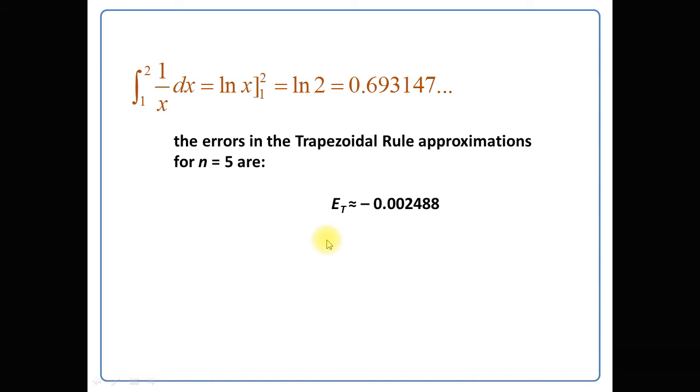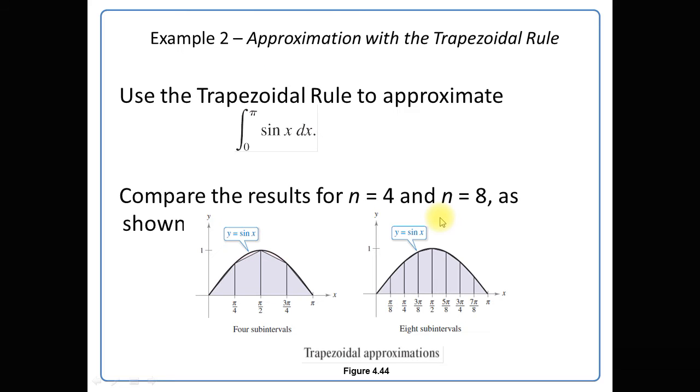So the error, exact result minus approximate result, the error is minus 0.002488, and the absolute error will be plus 0.002488. Now another example: use the trapezoidal rule to approximate the integration from 0 to pi of the function